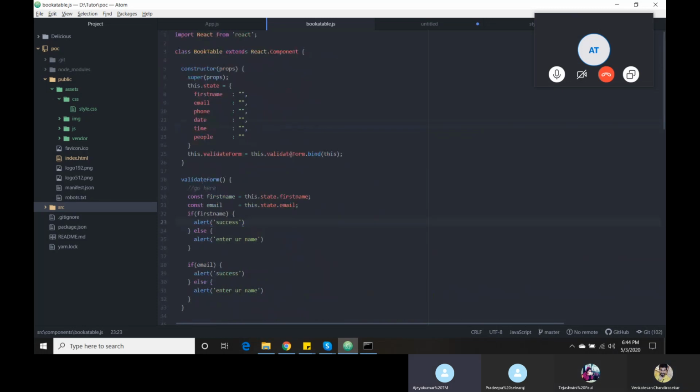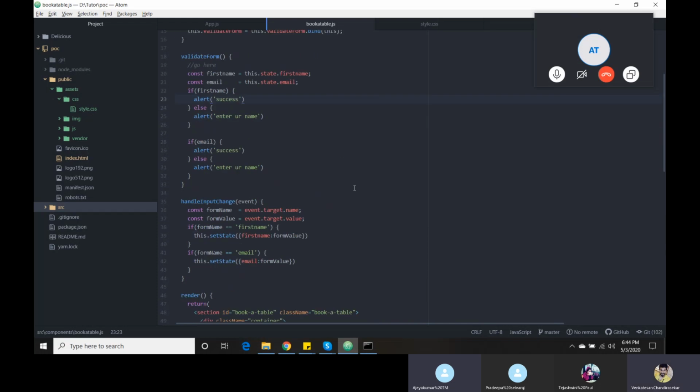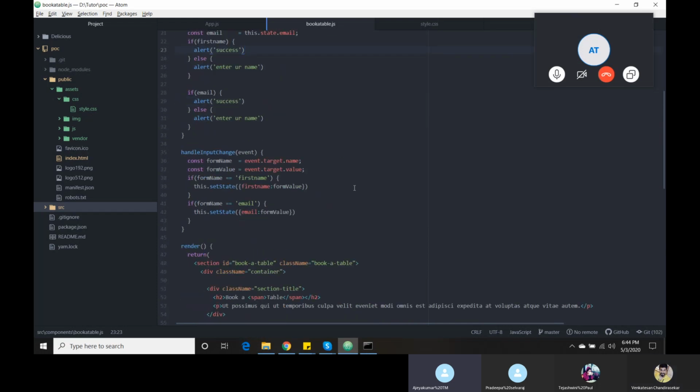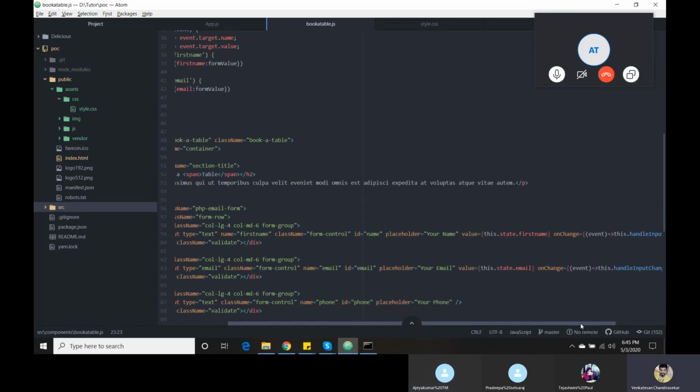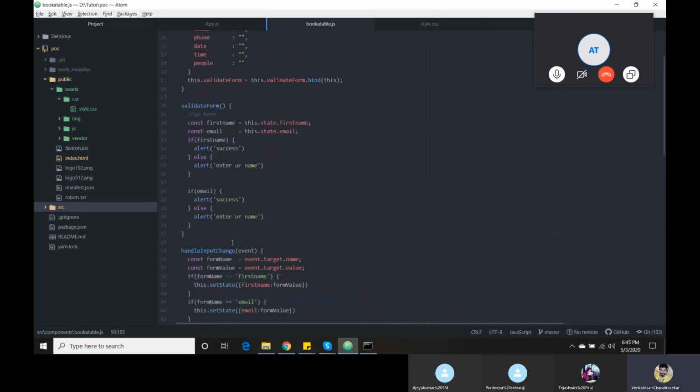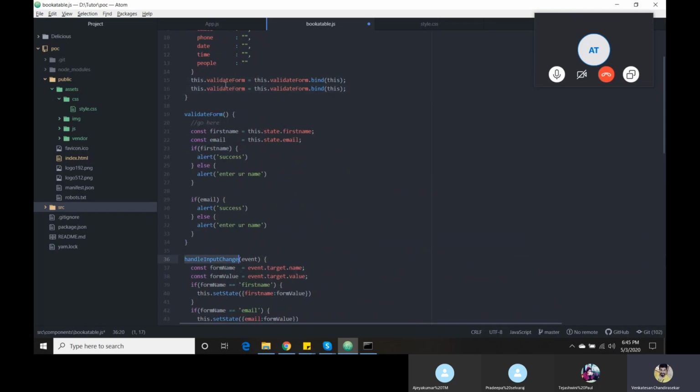Venkatesh, event... Sorry, event? Validation form and one more function is there, right? Event handler. Yeah, so we don't need to bind this. This is a window property. Here we are getting it; yeah, if we need, we can bind. That's not a big deal. It won't create any problem.